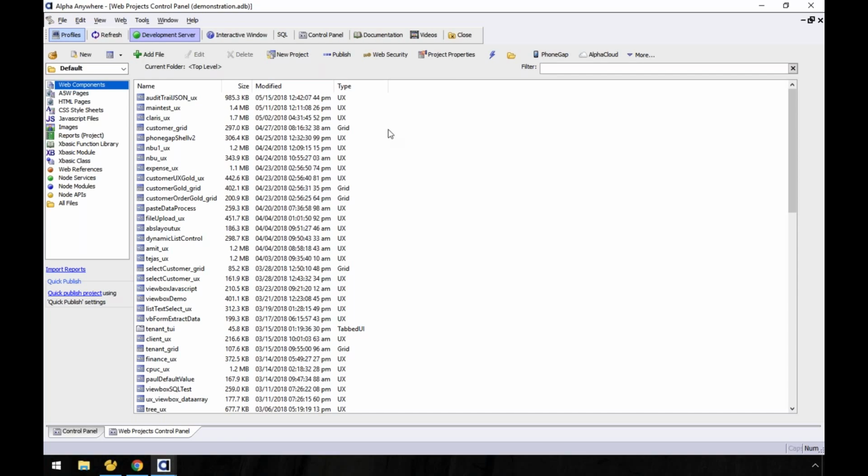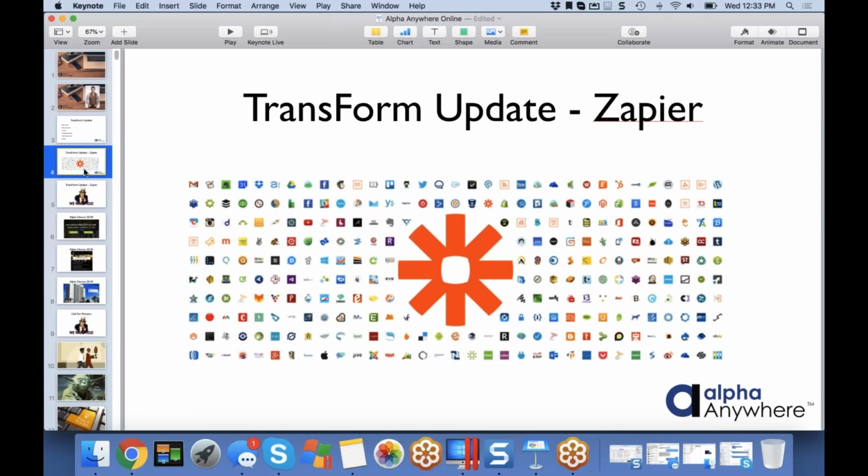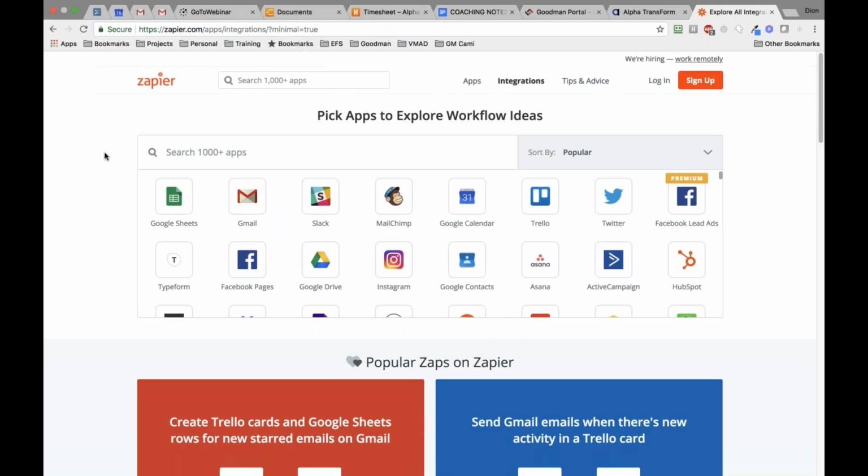Great. We have a bunch more questions here, but please keep them coming by all means. Just a quick answer to this one. The question is, will Zapier only work with Transform? Currently we only have an integration right now between Transform and Zapier. We're looking at an Alpha Anywhere integration with Transform. So if you have any ideas as to how you think that might work for you, by all means, send them to guides@alphasoftware.com, and we'll evaluate it and maybe add it right into the product.